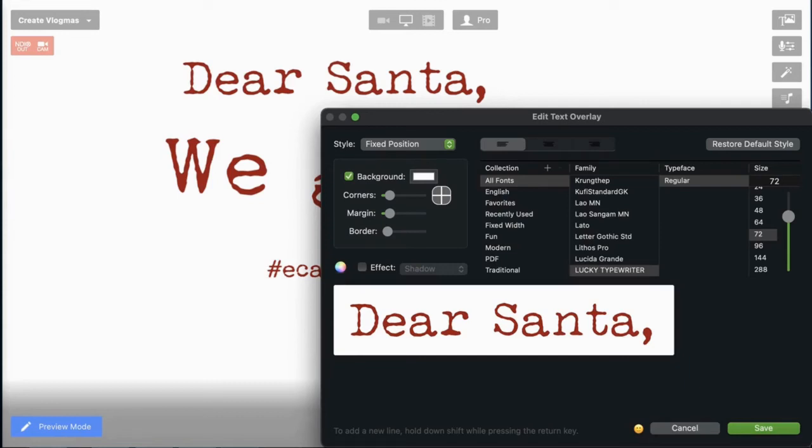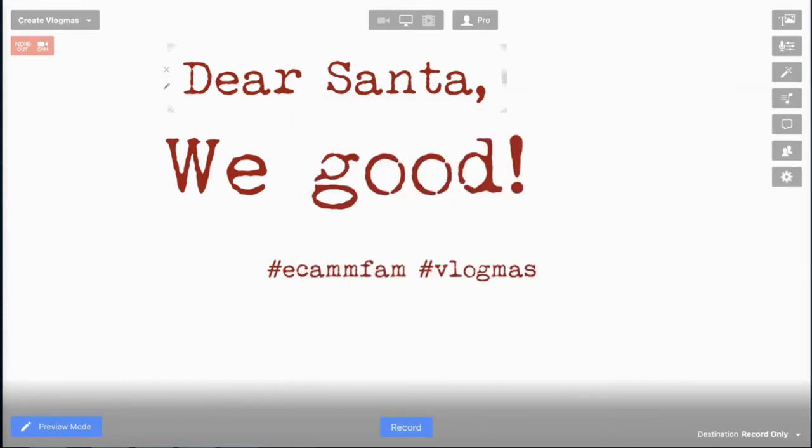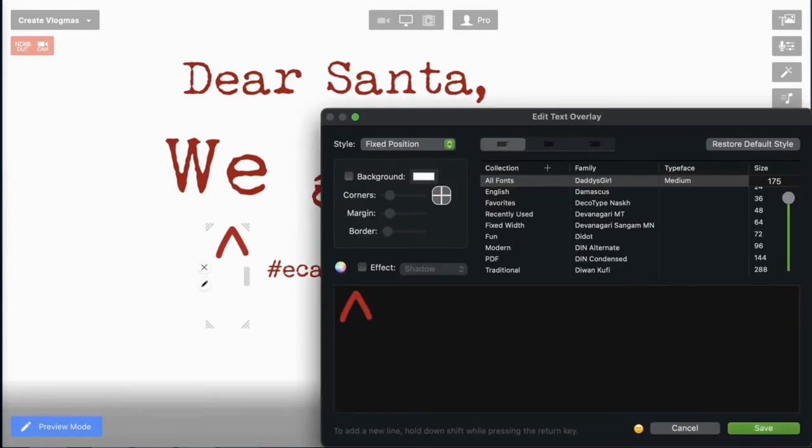This is the Dear Santa, and the We Good used the Lucky Typewriter again. But you can see that I got 2 different sizes for the Dear Santa and the We Good. All right, now I'm trying something really different. I wanted to try to create a character here. I'm using Daddy's Girl,